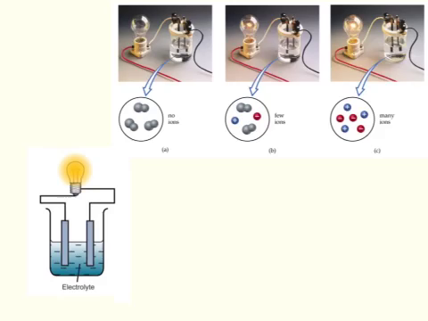So if you have ions in water, or charged particles in solution, they'll allow that solution to conduct electricity. So in these diagrams, we're taking a look at how we would be able to light a light bulb by having the electricity